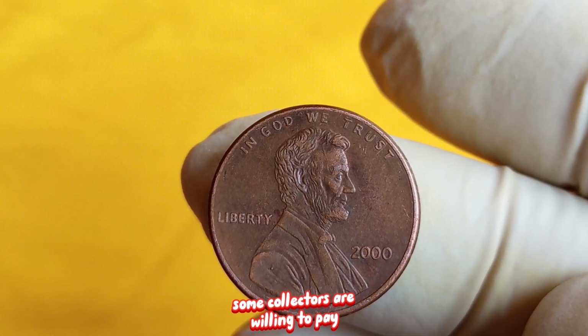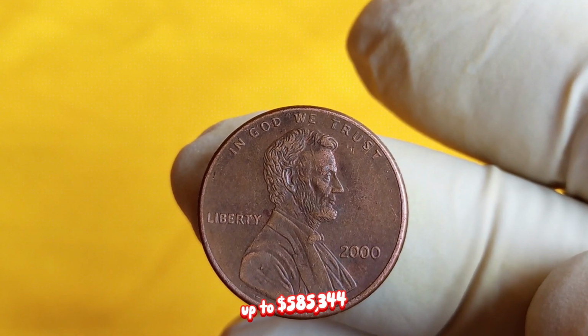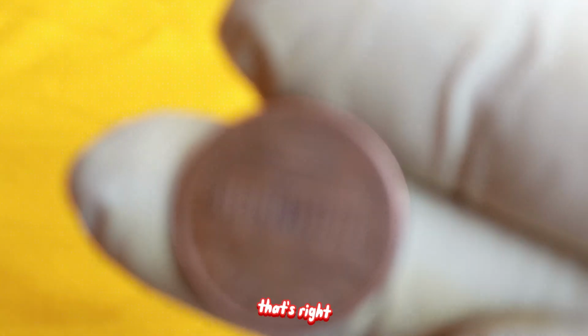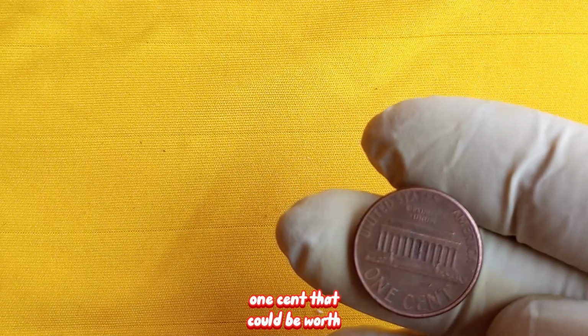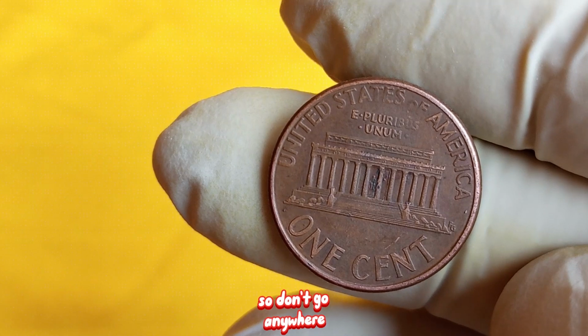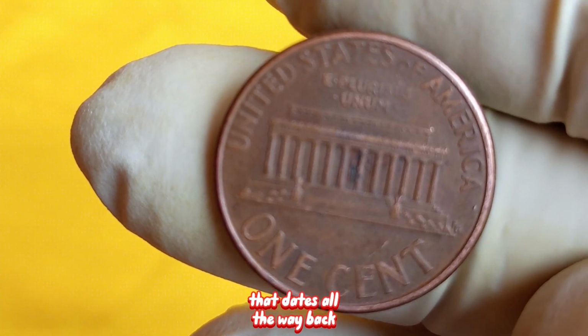Some collectors are willing to pay up to $585,344 for a single 2000 Lincoln cent under the right conditions. That's right, 1 cent that could be worth nearly $600,000. So don't go anywhere. The Lincoln penny has a long and fascinating history that dates all the way back to